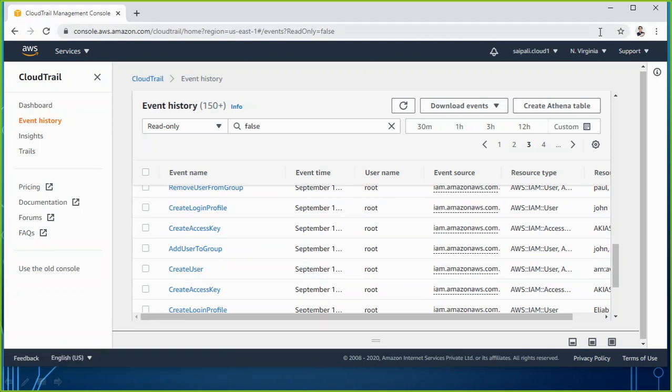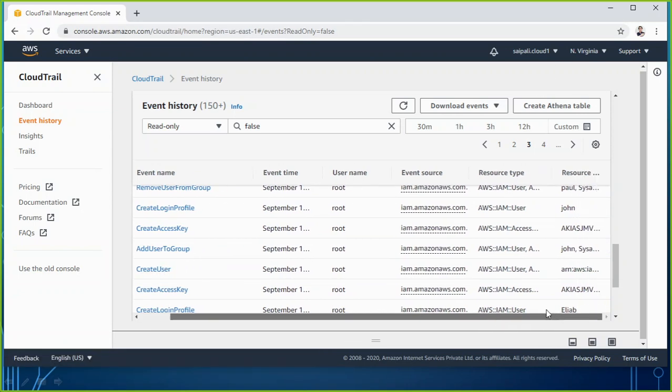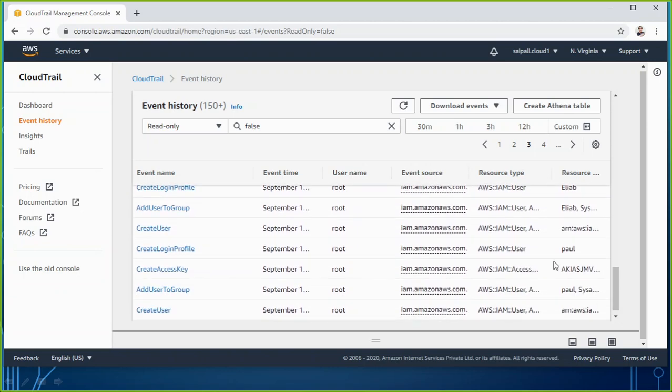If you remember, I created some user accounts. You remember John, system admin, John, Paul, system admin. I have created a user account with the name Eliab. So Paul.